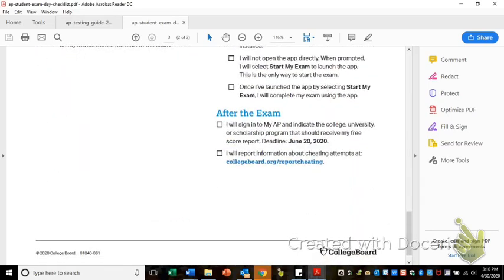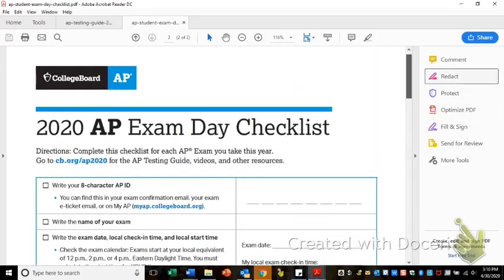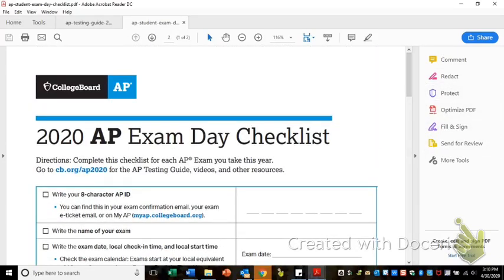Okay, and then it's got a couple for after. All right, these are just things that I think are really, really important to make sure that you have, just to ensure that your experience is smooth and you don't encounter any problems. All right, so I'm going to set up a live session to answer any questions that you may still have.